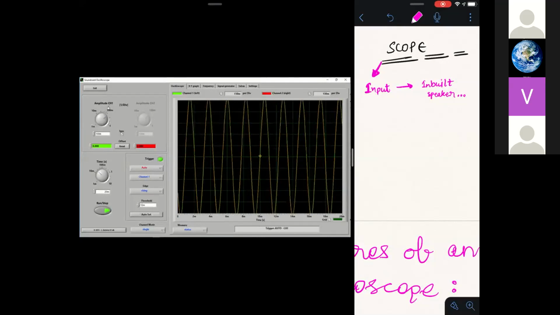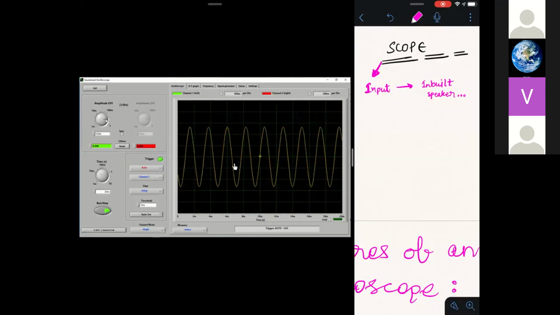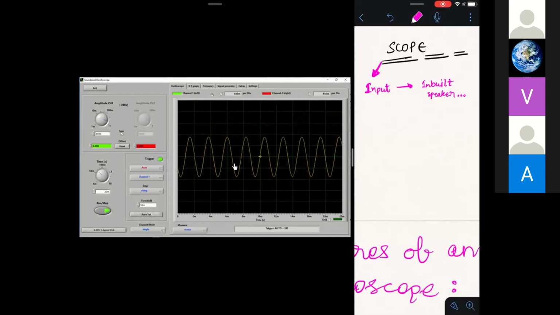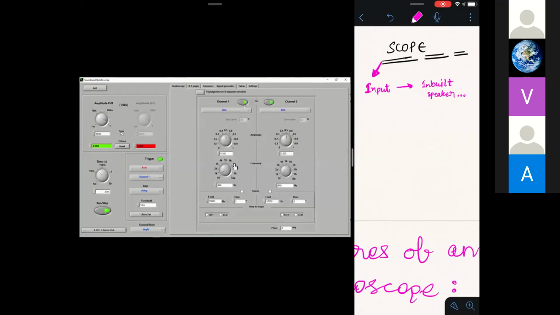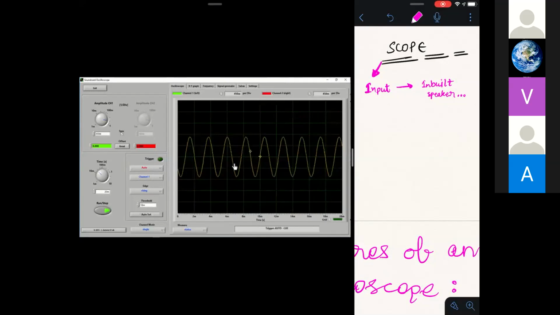So just go for amplitude and swipe this knob towards 1. Okay. Now see here, we are generating the signals from the two channels. So here also we should be able to see the two outputs.